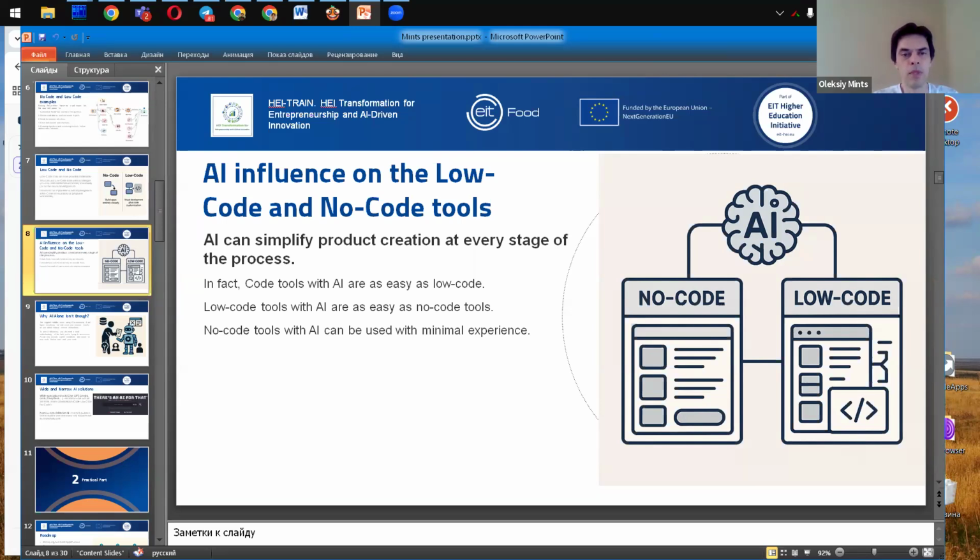AI can even help you plan the analytical methods. It can enhance low-code platforms and turn your high-level goal, for example, predict next quarter's top-selling products or predict real estate prices, into a complete model pipeline.